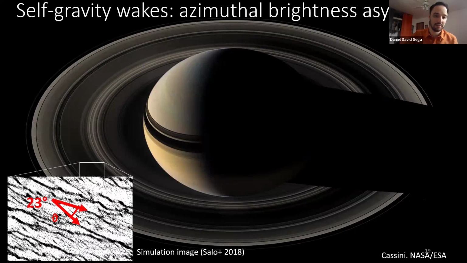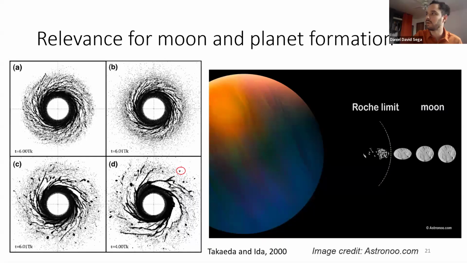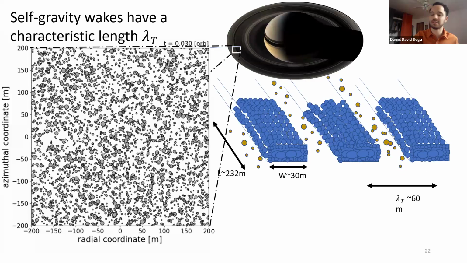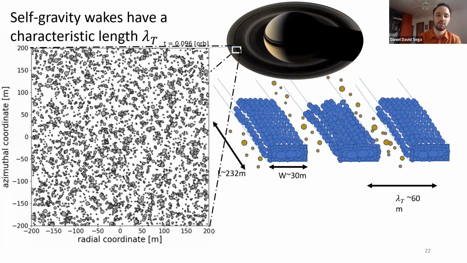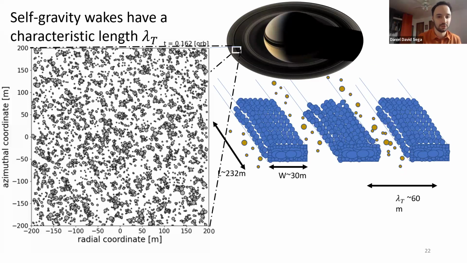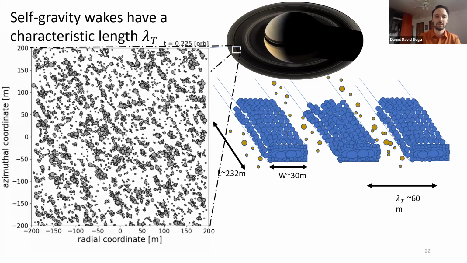And their scale, by the way, the scale of this microstructure is about 200 meters. So this is the Toomre wavelength, actually, is what you should expect for the length and their separation also, or on the order of. So here's a simulation that shows the formation of these gravity waves.